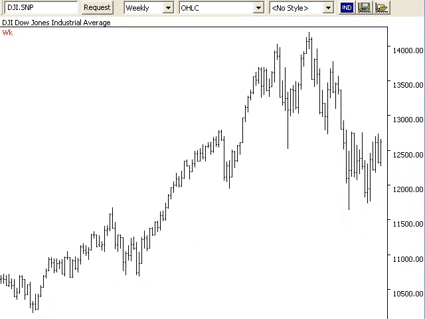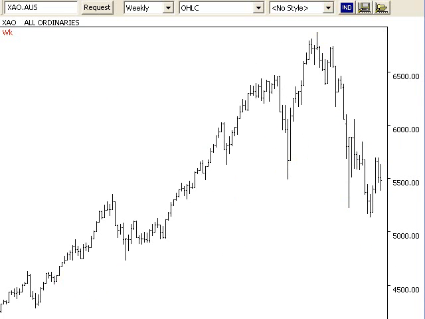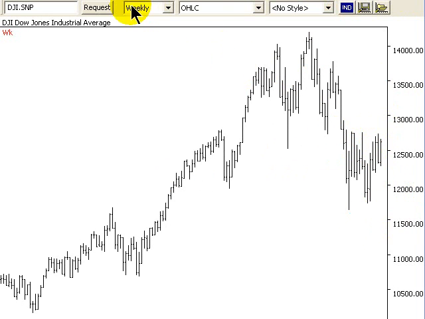Okay, this is the Dow weekly chart. Now, just remember, I'll quickly bring up the XAO. The XAO is doing what? Lower highs and lower lows. Sellers are still in control. Let's bring up the Dow chart. What's the Dow chart doing? This is the Dow weekly chart.